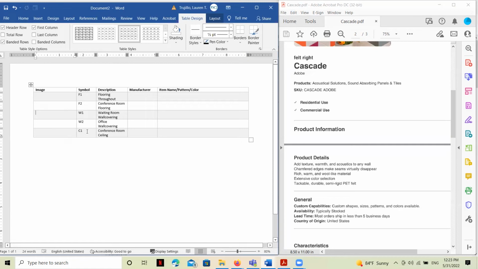I'm going from the floor up the walls to the ceiling, and that's how I'm organizing this. In addition to the symbol, I also have a column for the image, so I'll be able to quickly identify the material at a glance. Then the description, so where this material is going, and then the manufacturer, item name, pattern, and color.